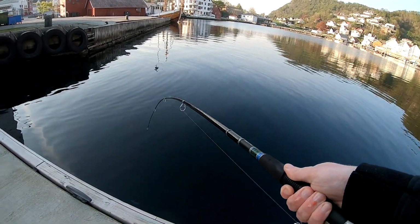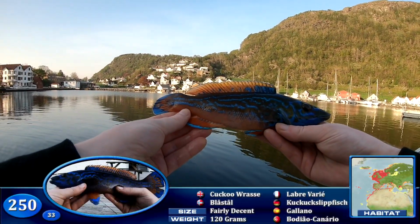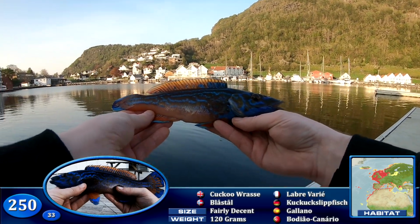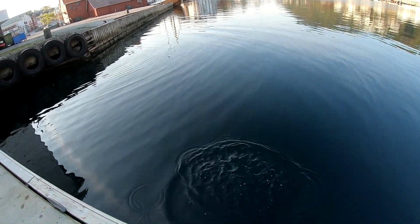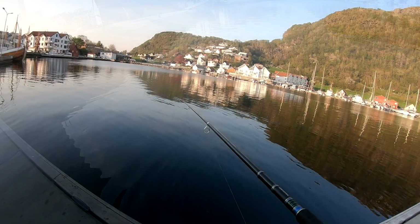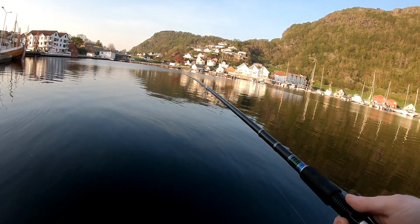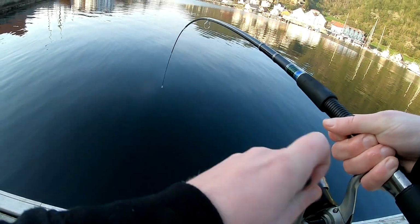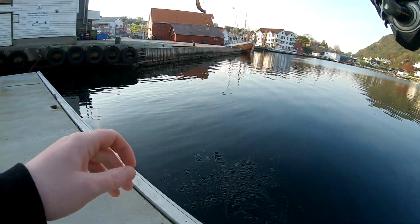Now, I was out there fishing for maybe 2 or 3 hours each day. Let's say 2 to 4 hours, somewhere in between. Probably just a couple of hours this time, if even that, to be honest. I was just out checking to see if there was fish to catch, and there was. The wrasse are back for the season, which is nice. In the second half, I will also be doing some WaterWolf underwater footage, so you can see the sediments on the bottom here, basically what I'm fishing on. And it's sparsely vegetated,